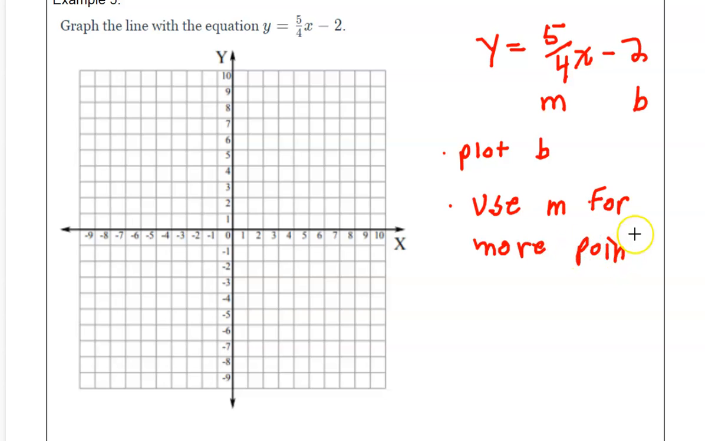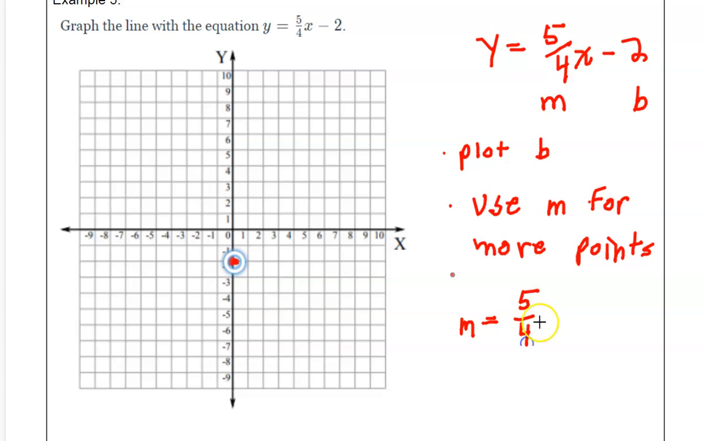Really easy. This is probably one of the most fundamental skills you should have taken out of Algebra 1. So our b, our beginning, is going to be -2. So on my y-axis, I'm going to put a point right here at -2. Then I'm going to use my slope, my m, for more points. Well, my slope here is